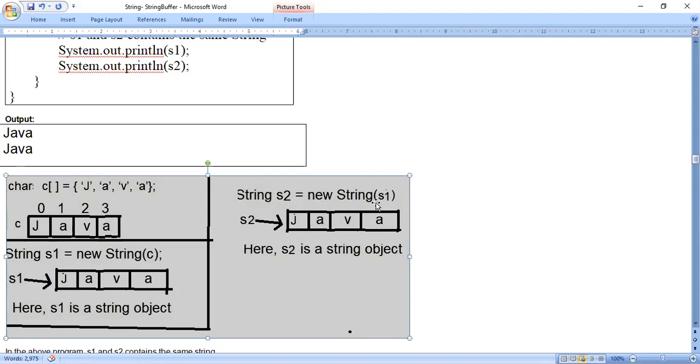String s2 is equal to new String(s1) means the contents of s1 are given in the constructor. So s2 also contains JAVA, but two string objects are created here. We should not consider s2 as a string object reference. It is not a reference, it is a new object because the new keyword is there, with the same contents.